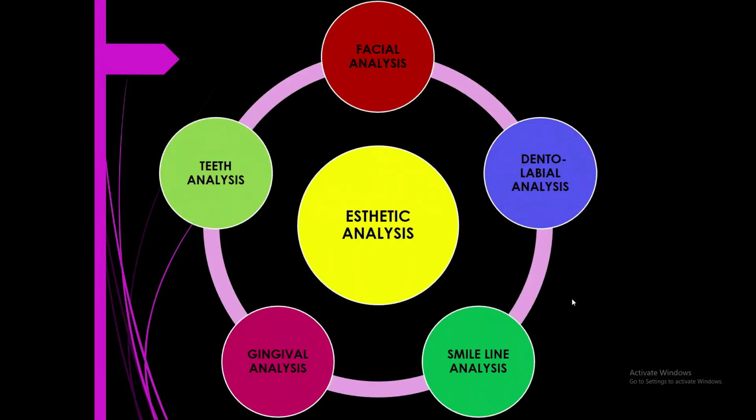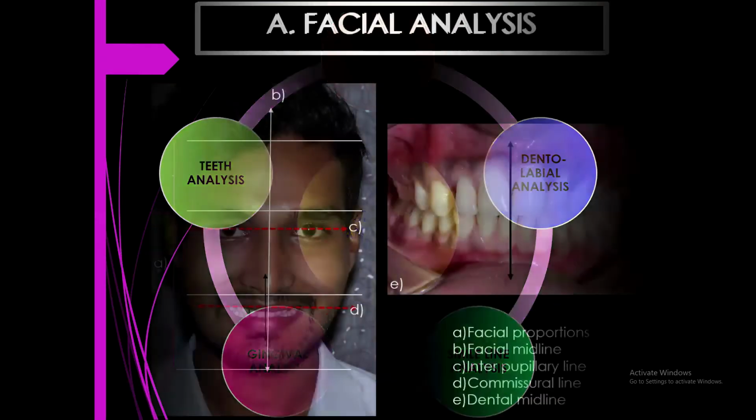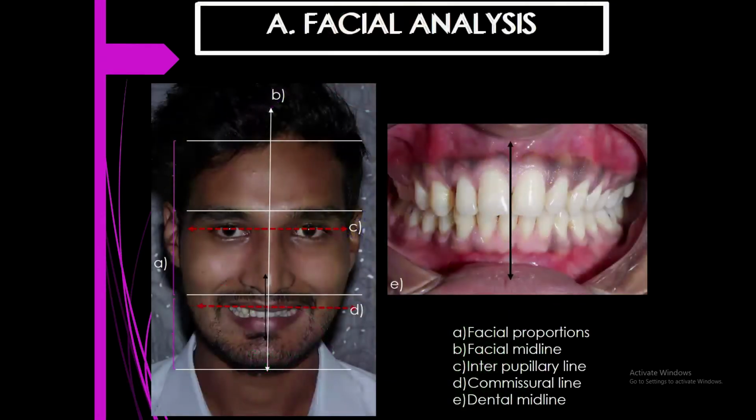Now, once we have collected all the records, we sat and did the complete aesthetic analysis for the patient, which includes the facial analysis, dentolabial analysis, smile line analysis, gingival analysis, and teeth analysis. Let's see them one by one. The facial analysis includes checking the facial proportions, the facial midline, the interpupillary line, the commissural line, and the dental midline. You can see the dental midline was not coinciding,